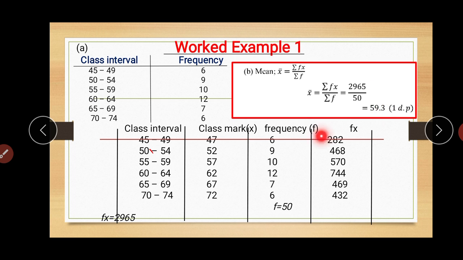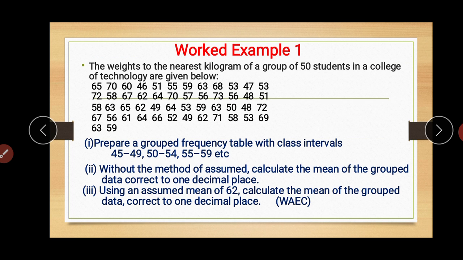That's exactly what we have, this one to one decimal place, and that is according to the question. The question says to one decimal place. Don't forget, all these things carry marks to one decimal place. Now, the second one